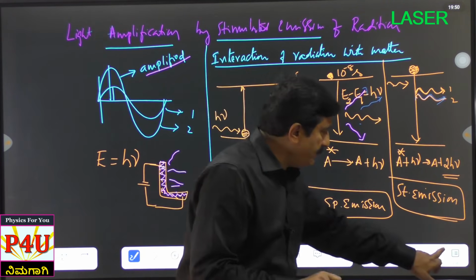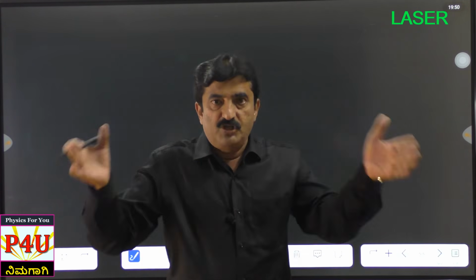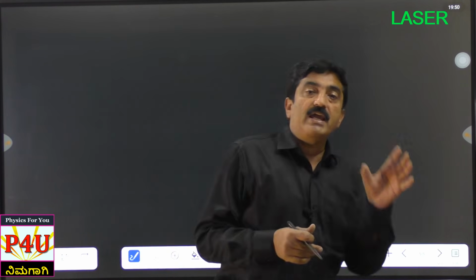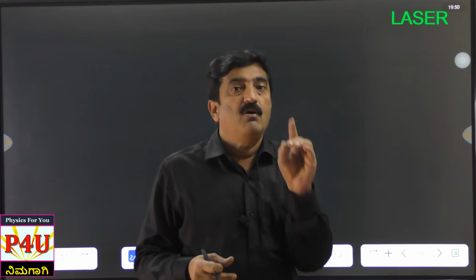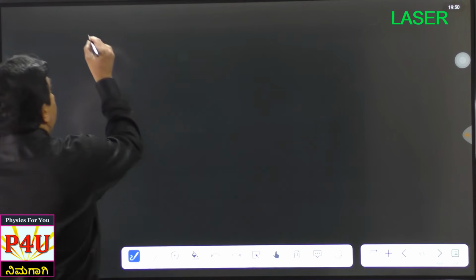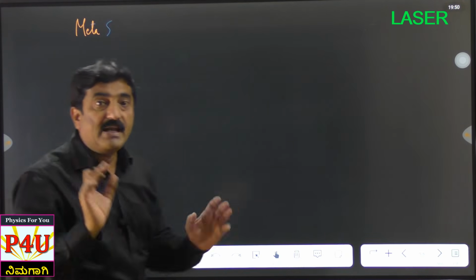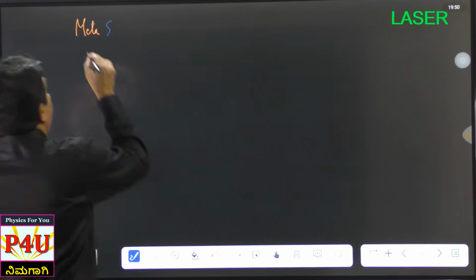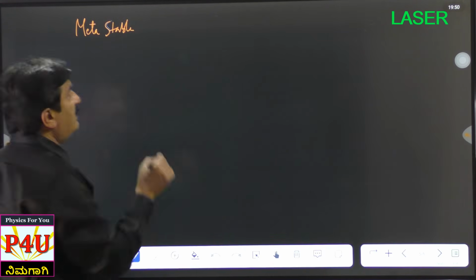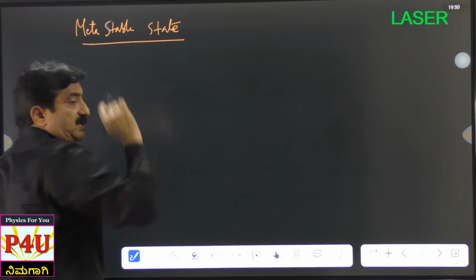Well, with this, now let me proceed further. Einstein gave a theory for stimulated emission and spontaneous emission. In his theory, he insisted on the necessity of one particular level called the metastable level. What is this metastable level? So next heading, before I go to Einstein's theory, I explain the metastable level. Meta means between. Metastable means not perfectly stable, not perfectly unstable also, it is in between. So I call it a metastable level, or also a metastable state.